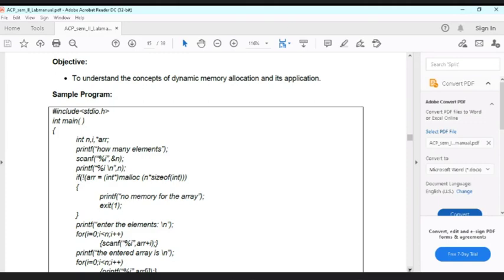Can anybody tell me what is that important difference between these two functions or the way they allocate memory dynamically? What is the main difference between these two functions, malloc and calloc?